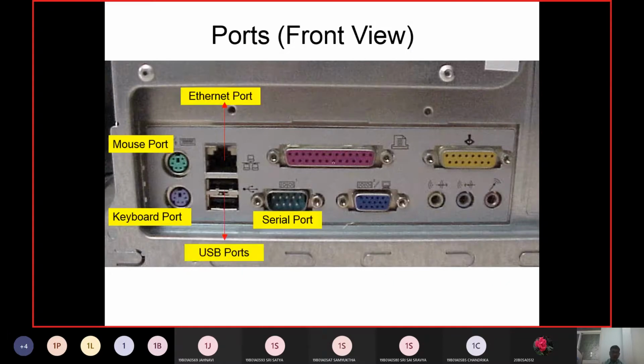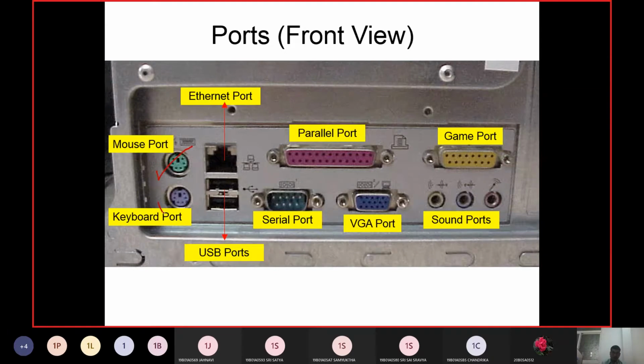So this is the front view of the port. In one position, you can connect your mouse, your keyboard, your LAN cable, and the pen drive. That is what we call the USB port. Then you can connect the printer. Then you can have the VGA graphic adapter, the parallel port, and the VGA card with the graphics port and the microphone. So input and output microphone positions. All these are part of the ports of the computer.